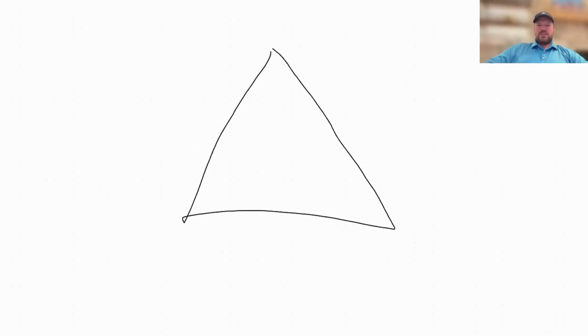So what I want you to do is go ahead and get a piece of paper out and do this with me. Okay. That way you can see what this looks like. So I want you to draw a big triangle on your screen. And I'm using this with my mouse trackpad, so forgive me for my artistic abilities. I'm not really that good of an artist anyway, but I want you to draw a triangle on your piece of paper like this. Okay.